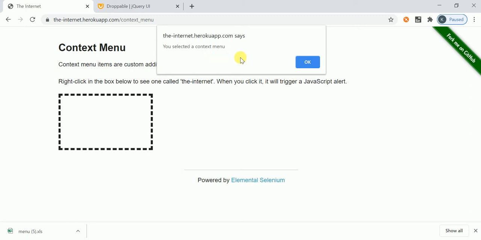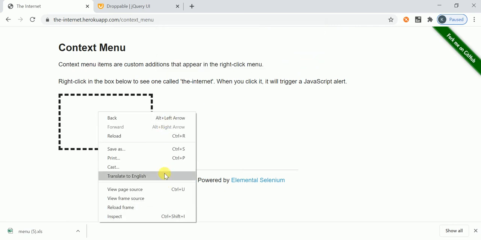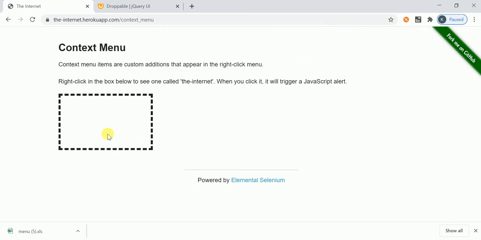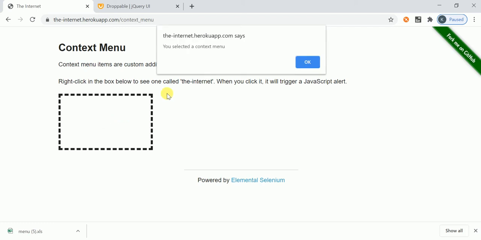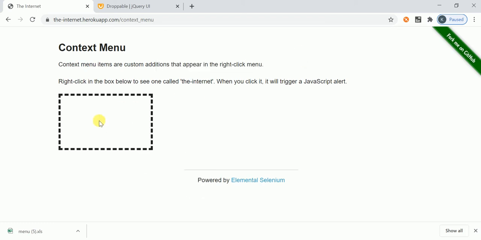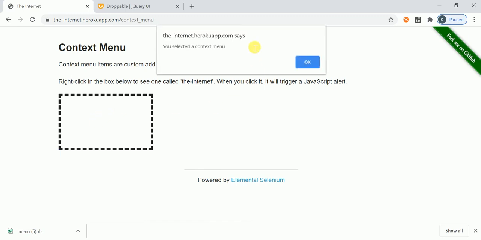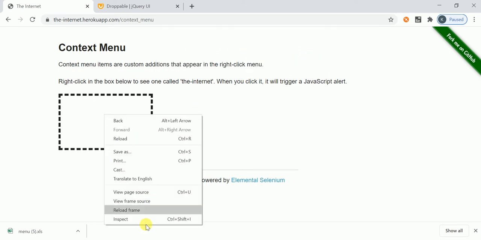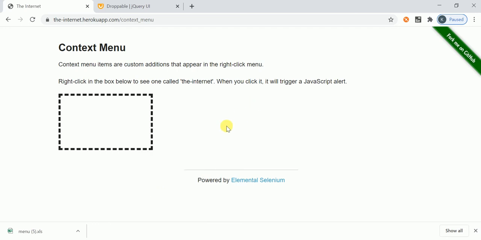This alert is coming, showing you the right click, just to identify whether you right clicked on it. For a normal click it is not showing, only for a right click it is showing this alert. You selected a context menu, and we can click on OK. Then the right click is done.